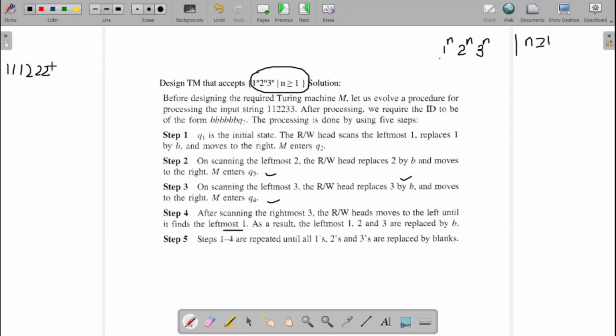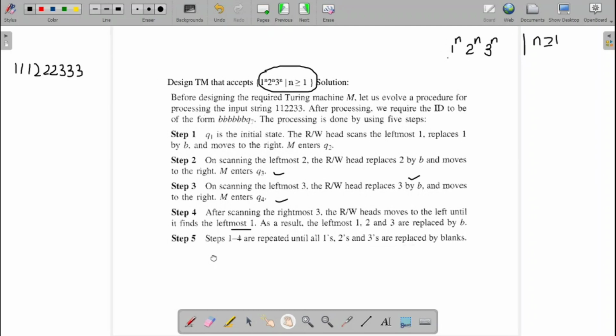If you take 3 as the minimum, then the machine design will be absolute. If you take 1 or 2 for your input, then the design may not satisfy all the cases. Now I will start with the start state as Q1.